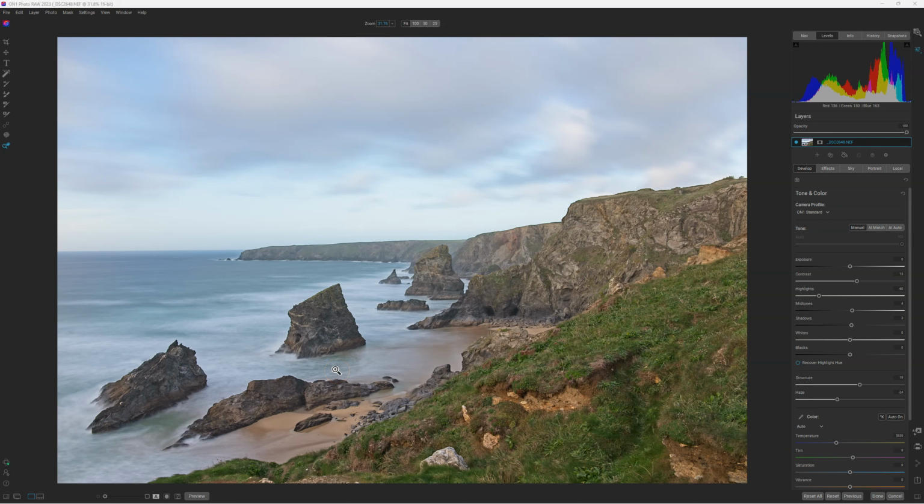Today I have a beta version of ON1 Photo RAW 2023.1 and I'm going to show you the new features of